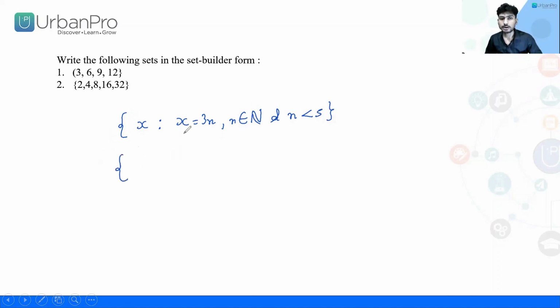Another student can write this set builder form like this: he will say that each element of the set is a multiple of 3. So he will write like this, and after such that he will say that n belongs to natural number and n is less than 5. Listen, see, both of them are correct.